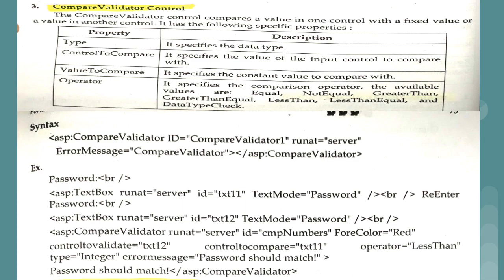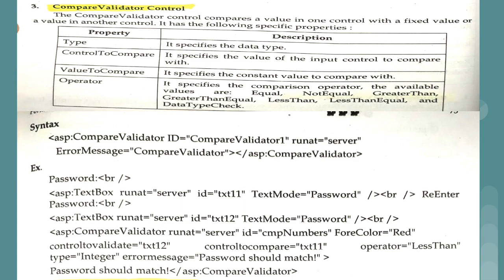And whatever password you have entered in the first text box, that should be the same as the password you have entered in the text box along with the confirm password or retype password field, right? So for that we have the compare validator. That is, whenever we want to compare two text boxes, like in the case of the password. Whenever we are opening an account, it asks you to enter the password and then again for re-verification. Or one more example you can take.